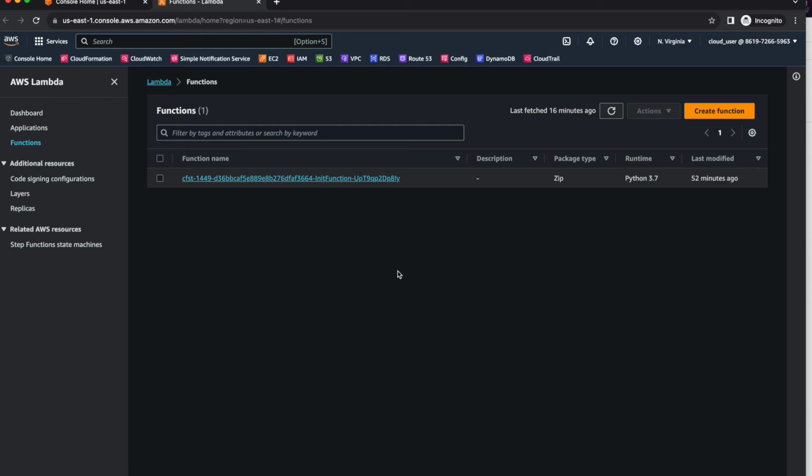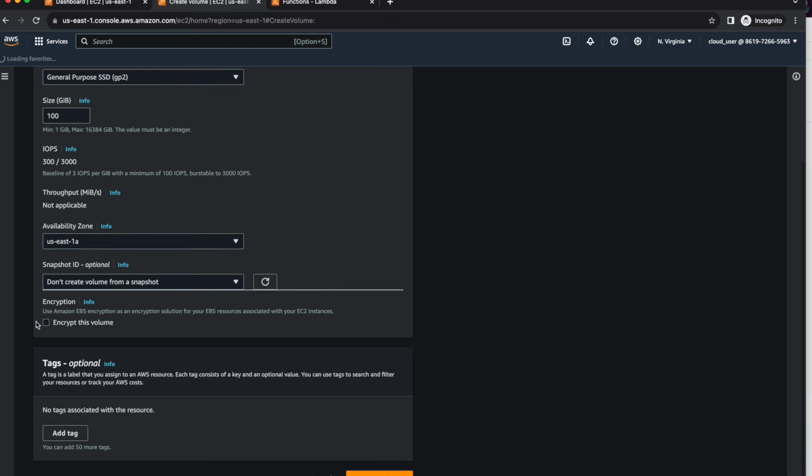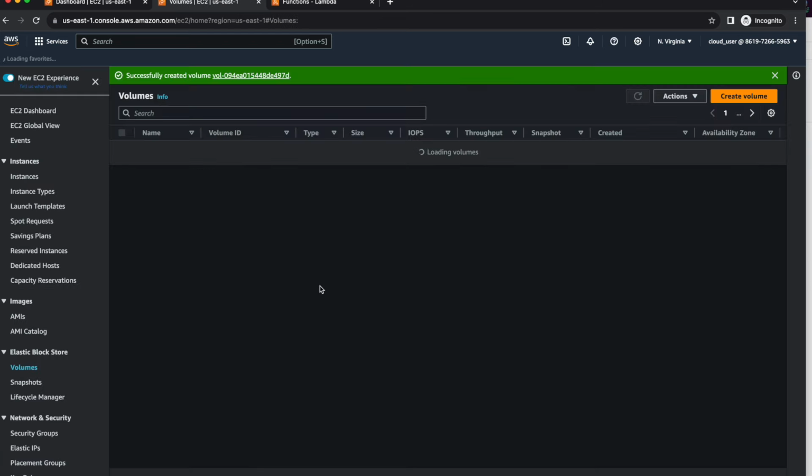Let us first create volumes as well as a Lambda. So let me first log into my AWS console. As you can see, I log into EC2 services, and there I will go to volumes. For this example, I will be creating 3 volumes, and I just create 3 volumes. I'm not selecting anything, whatever the default is,